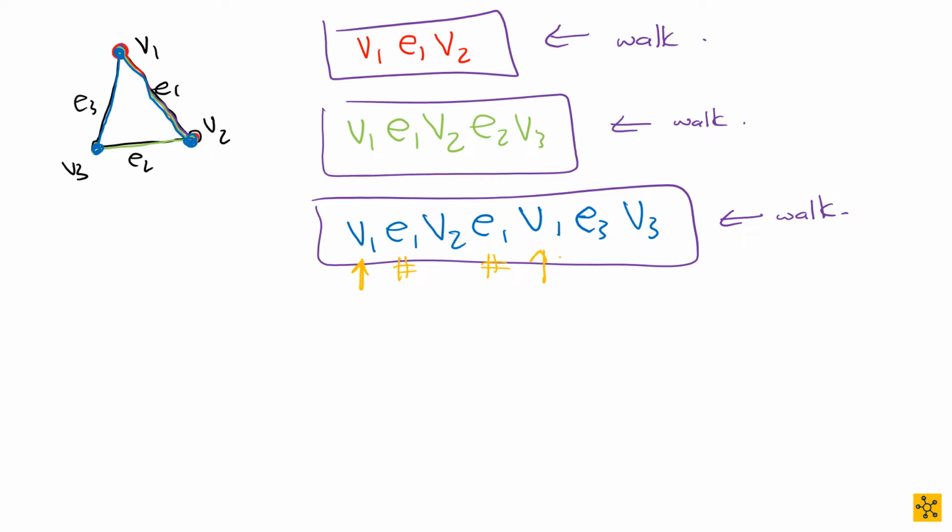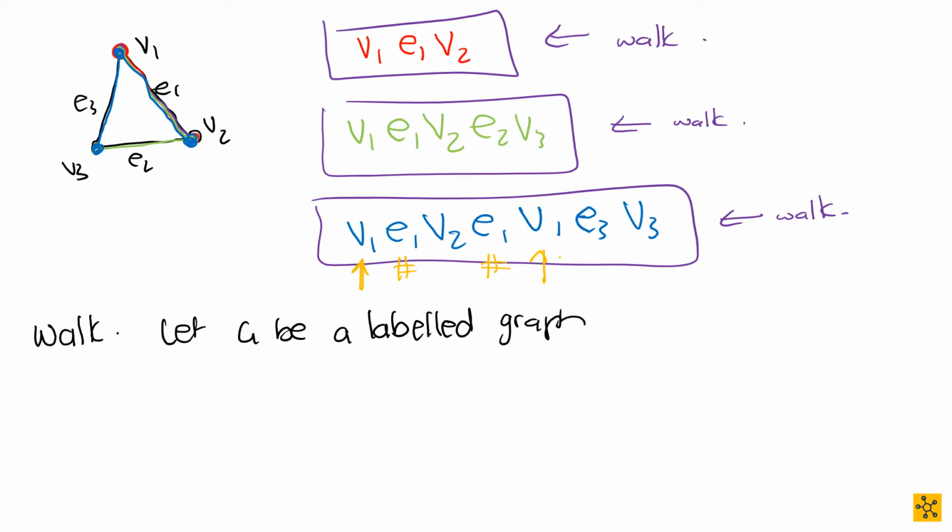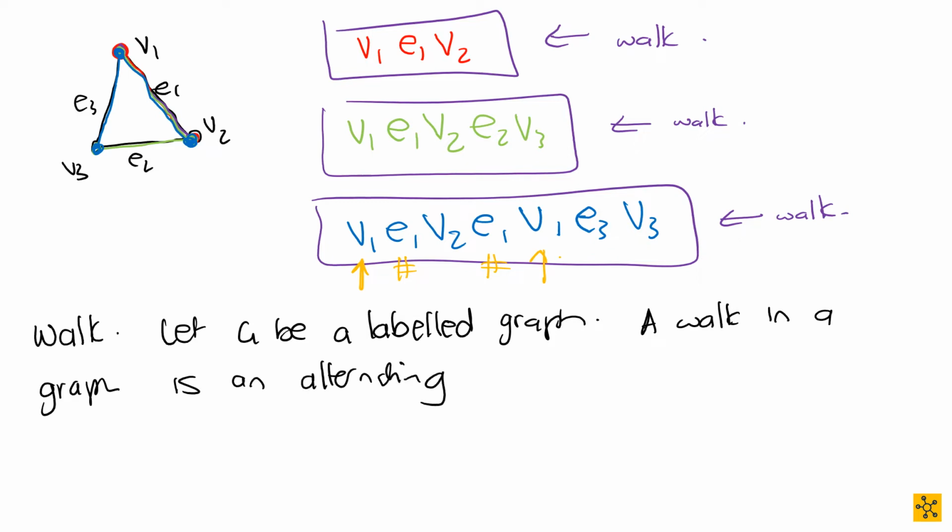Okay, so let's write that down. A walk. We're going to let G be a labeled graph, and that is just going to allow us to describe our sequence of events. And a walk in a graph is an alternating sequence. And why is it an alternating sequence? Because you start at a vertex, you say which edge you're going on, you go to the next vertex in sequence. V1, E1, V2, E2, etc., all the way to En, Vn plus 1,